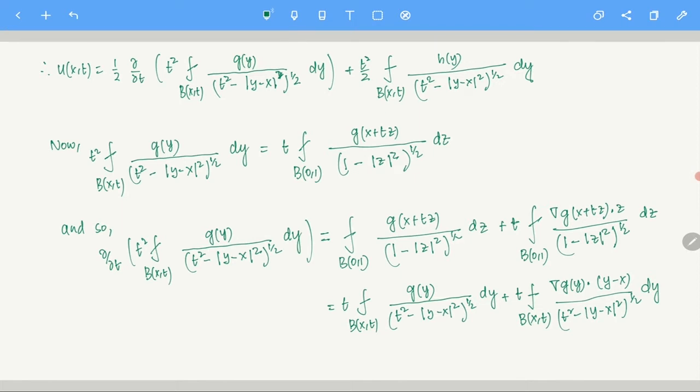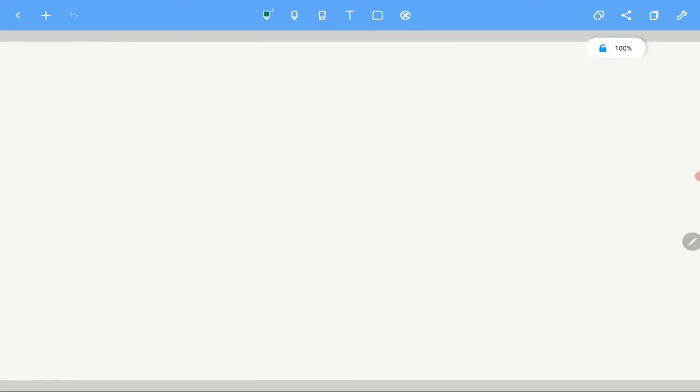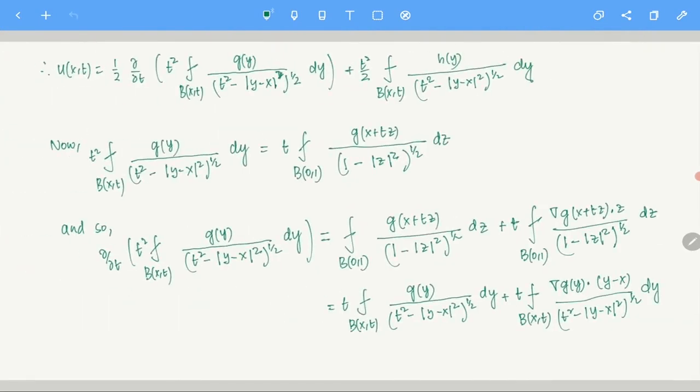Now we are at the end of the formula, but we have to go back: what is u of x,t? Now let us write down what the ultimate formula is. I'm just putting everything together. I'm not calculating because it will become bigger. If you are not convinced, please do it yourself. There is nothing to do; you have this thing, you just put it together with this h, that's all.